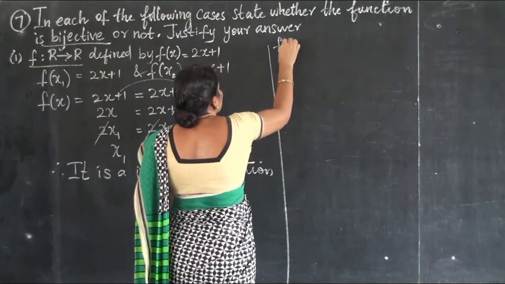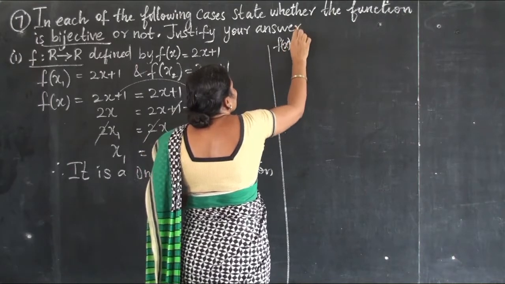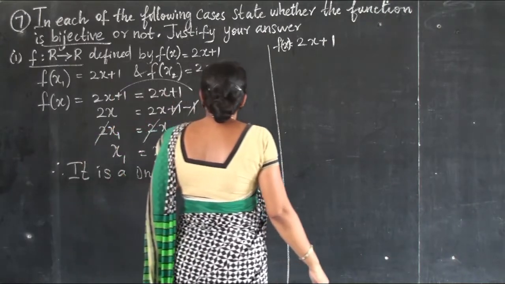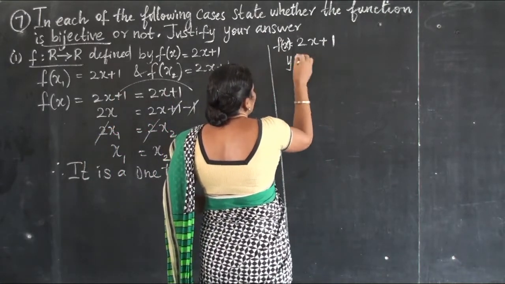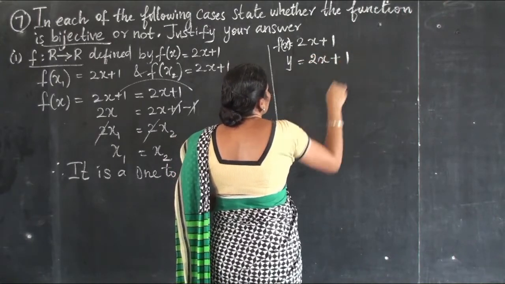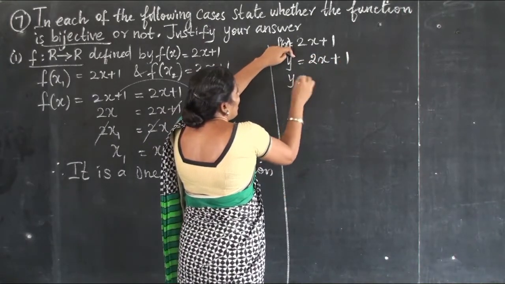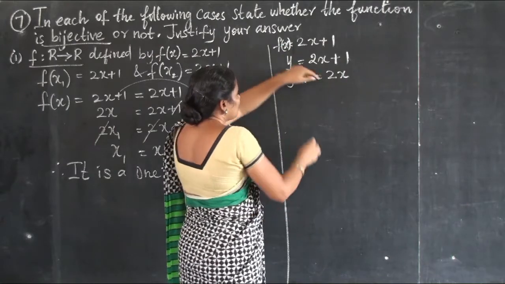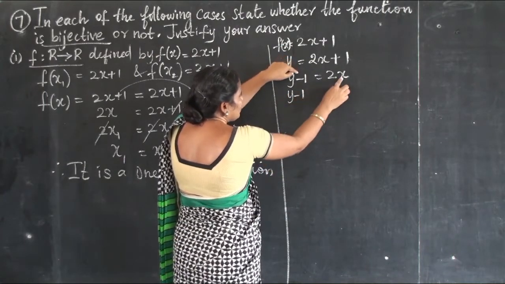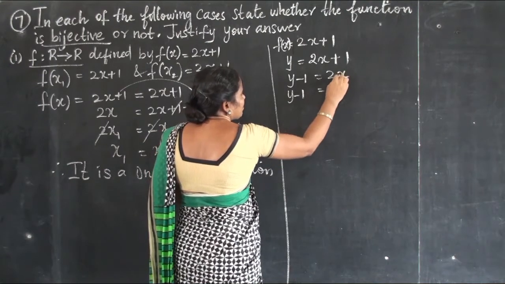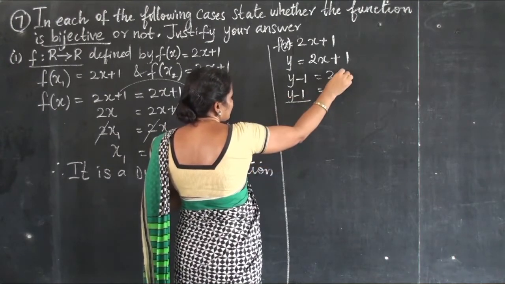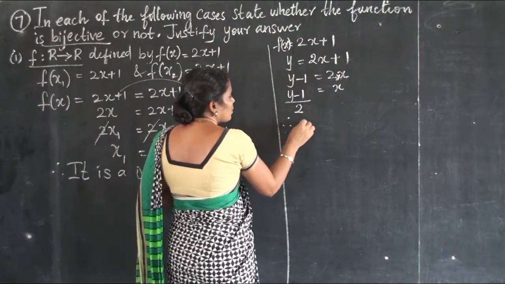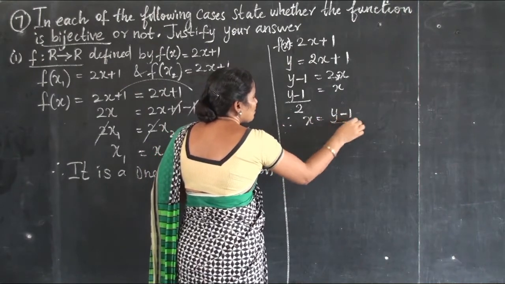Apply f of x is equal to 2x plus 1. So it is given as x1 is equal to x2. So therefore y is equal to 2x plus 1. Okay. So plus 1 will become minus 1, y minus 1 is equal to 2x. Here it is x in multiplication form. When it comes here, keep this x, take this 2, it comes here and goes for division. Therefore, x is equal to y minus 1 by 2.